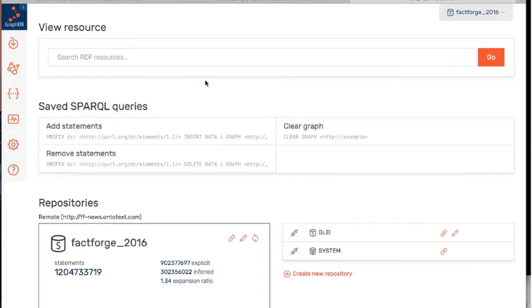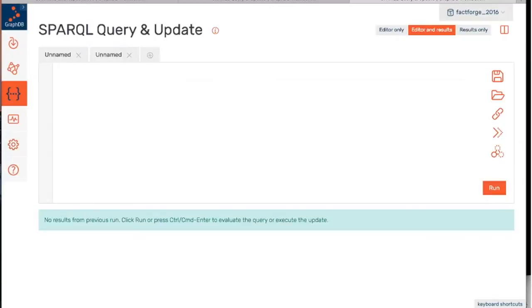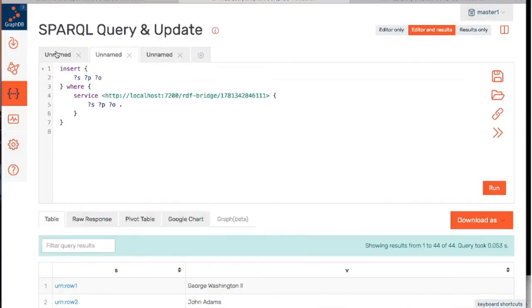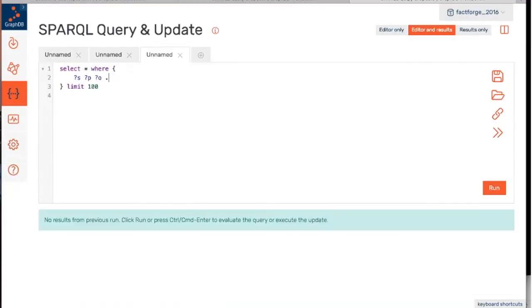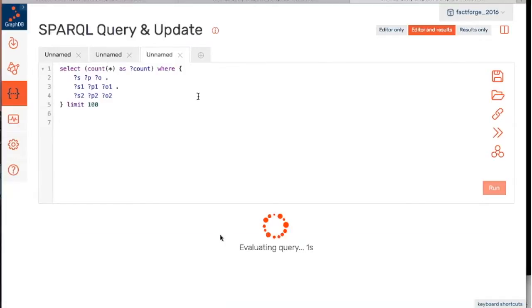So GraphDB 8.1 will not look much different from GraphDB 8.0, but there are some cool new changes. For example, if you remember my long-running query from here, I'm just going to copy paste it. And this is GraphDB 8.1, the future one. And if I execute it, we've added this little timer here when you execute the query, or